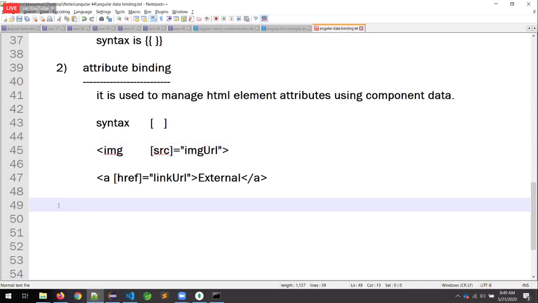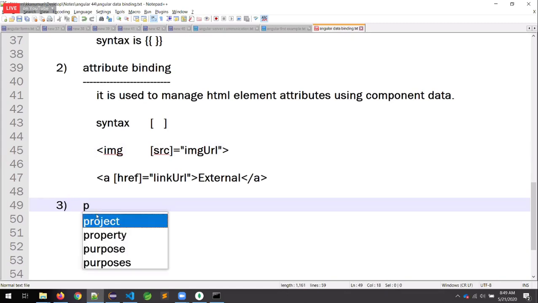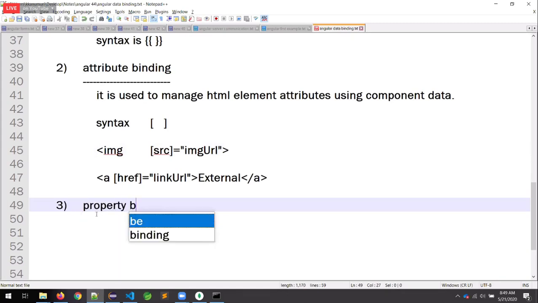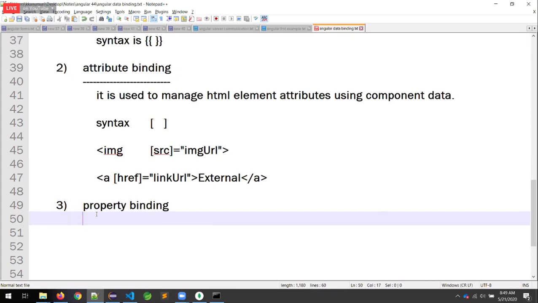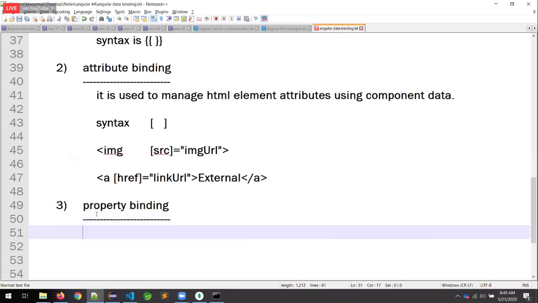Sir, what are the other ways we have? Observe the third point, property binding. Very simple.